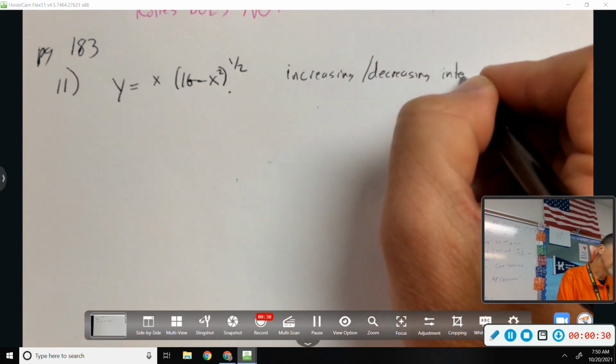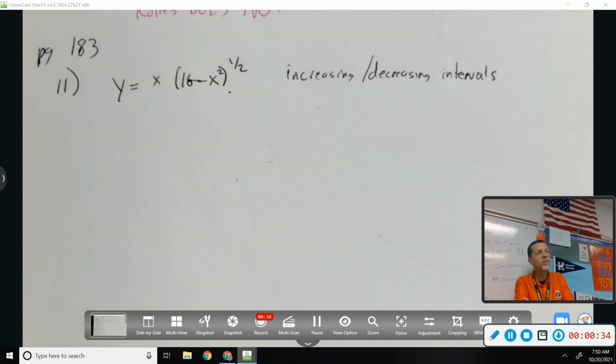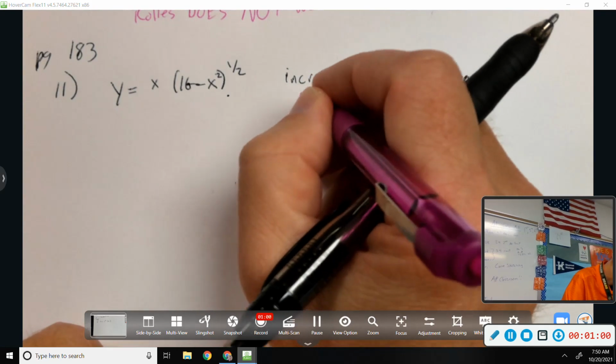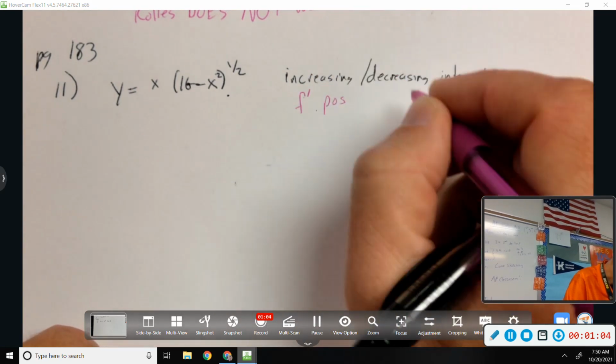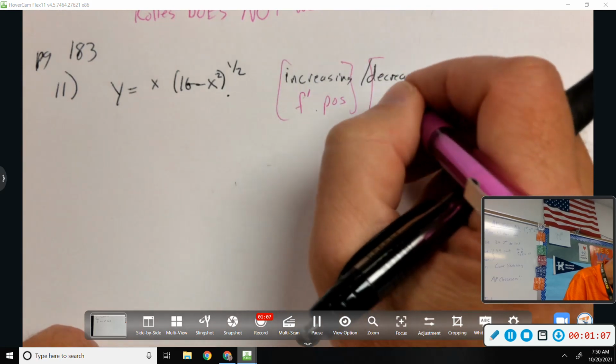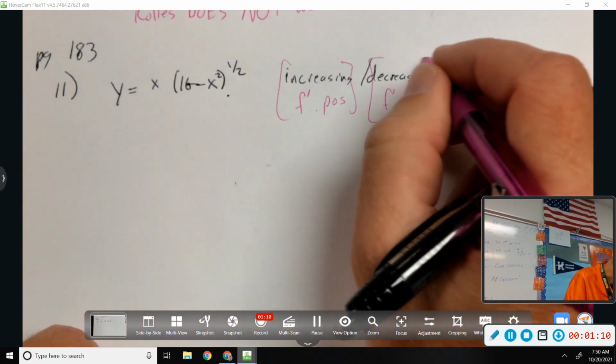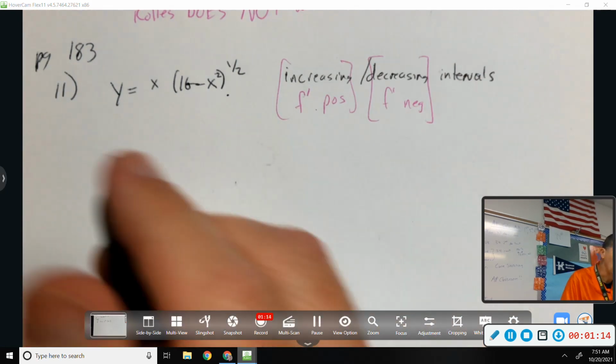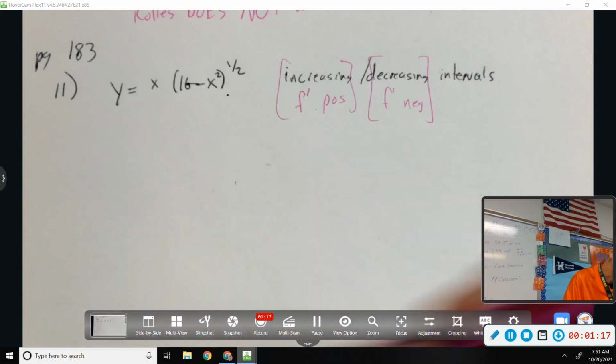Okay, this actually works well to kind of look back, because now we know more stuff than we knew when we first saw this problem. And so in some ways that might make it more confusing, because now we know stuff about f, we know stuff about f prime, and now we know stuff about f double prime. Which one of those three things tells me whether a function is increasing or decreasing? F prime, or f double prime? F prime. So this is an f prime problem, because if f prime is positive, we're increasing, and if f prime is negative, we're decreasing. In fact, today's worksheet reviews a little bit of that as well. So I need to find f prime,